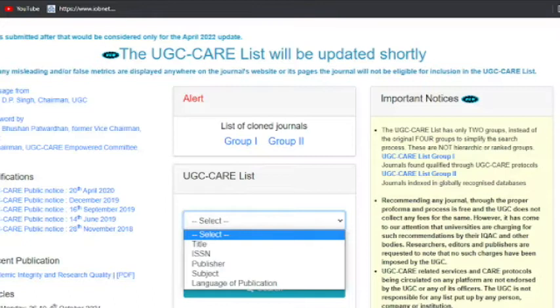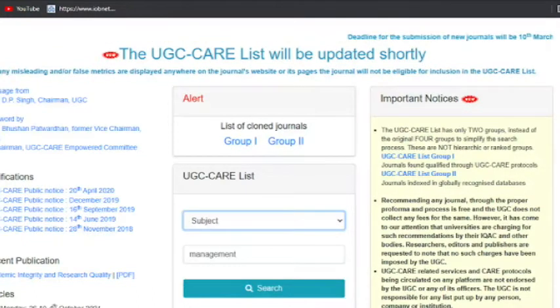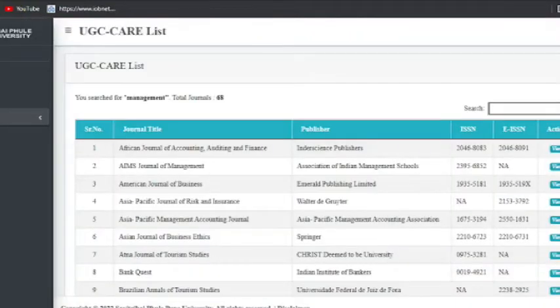So I use my subject, management, and I want to look into all the journals that are listed in the UGC CARE in the subject of management. There are nearly 68 journals in this particular subject.